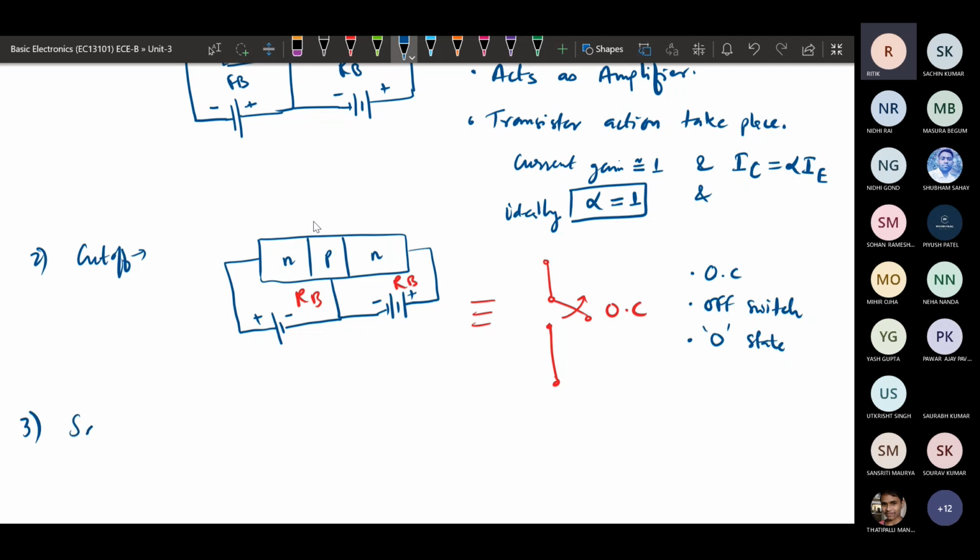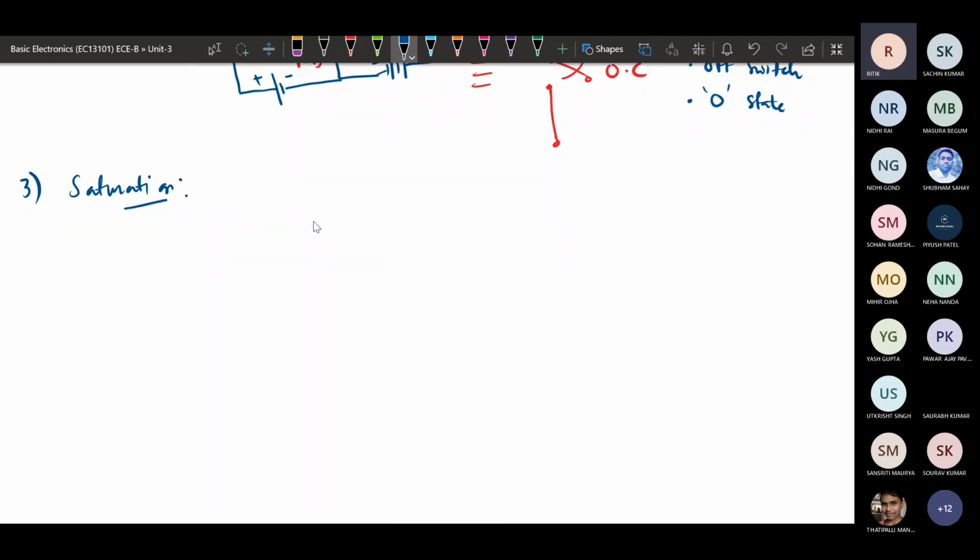Next is the third case, that is saturation. In saturation we are having the transistor and both the junctions are forward bias.